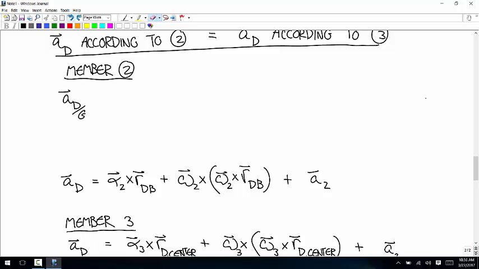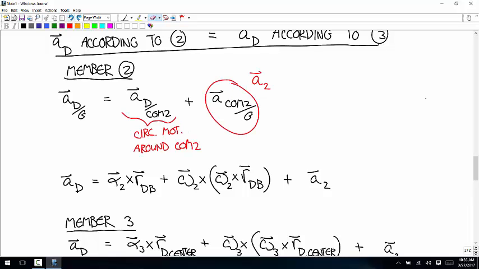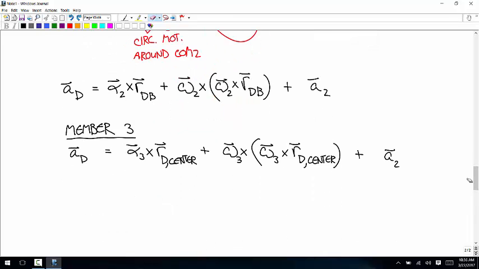Okay, number 2. Now that's number 2. That's good. Okay, right. There's no relative motion in member 3. There's just circular motion around the center. Yeah, exactly. And now you set these two accelerations equal to each other, and you know, A_D equals A_D